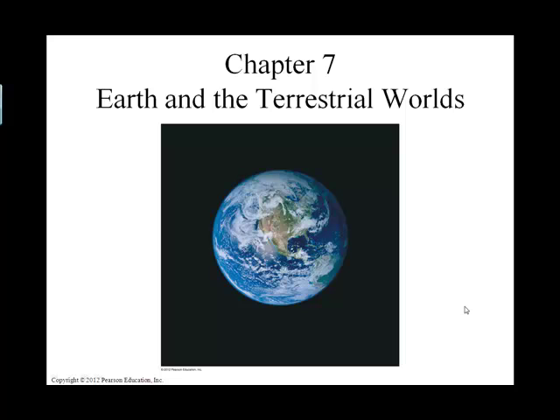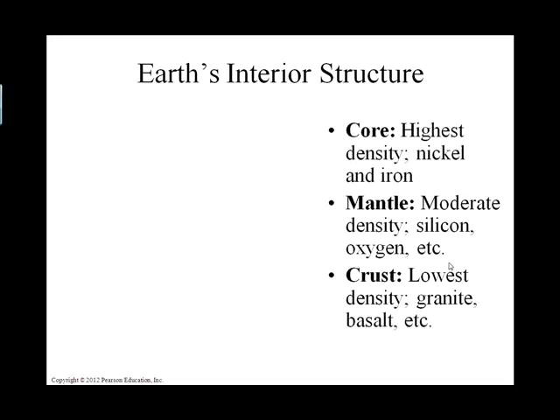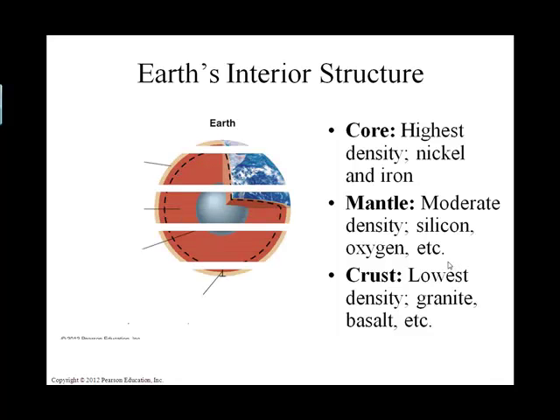So Chapter 7 looks at the terrestrial planets, those inner planets, those planets that were formed on this side of the frost line, as we talked about in Chapter 6. In general, the terrestrial planets all have a very similar structure, and they kind of look like this, where the gray area is the core, and it's got the densest material, and then